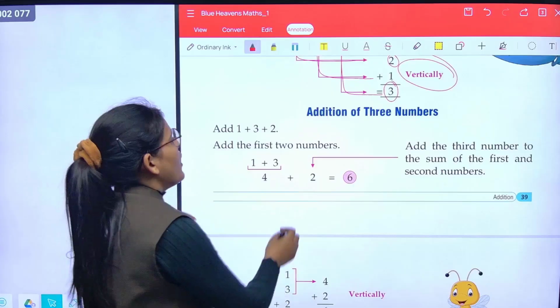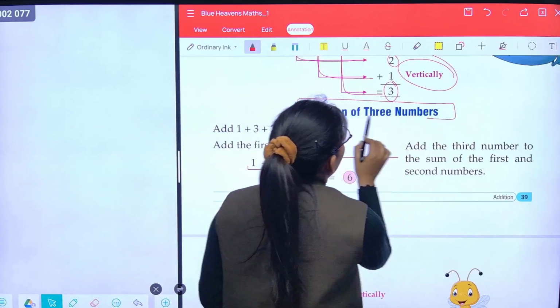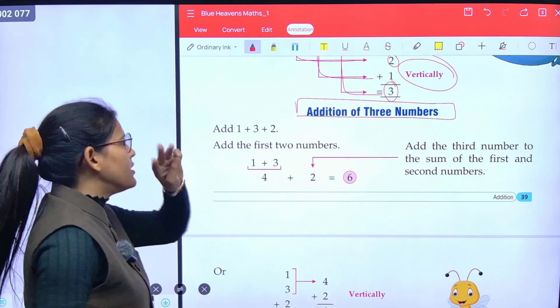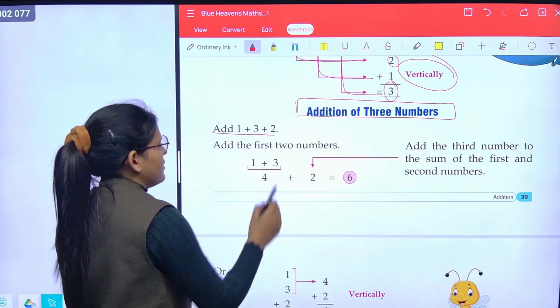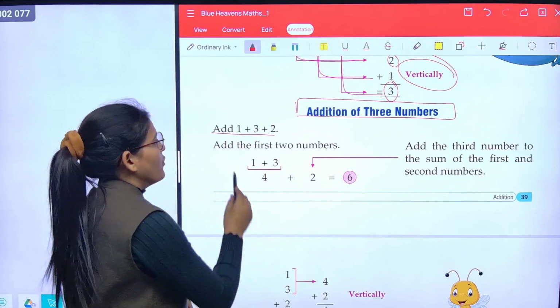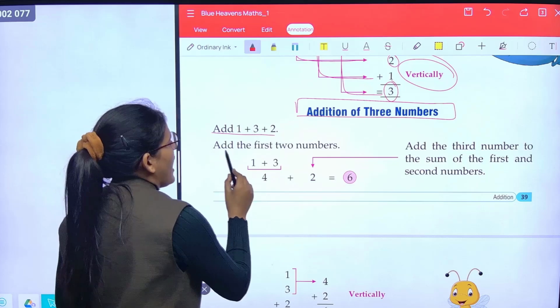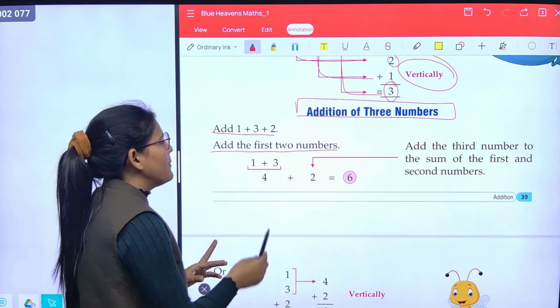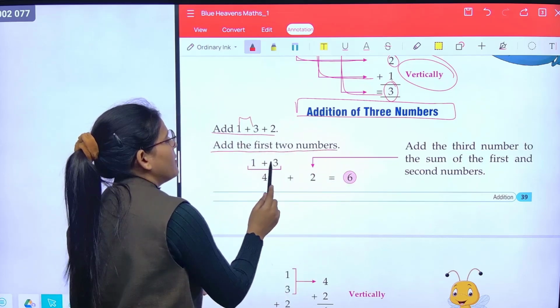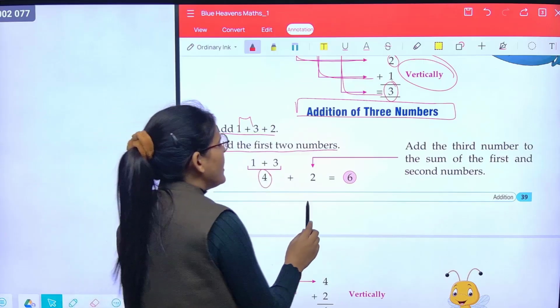Okay, now addition of 3 numbers. Now class, add 1, 3, 2. 1 plus 3 plus 2. Add the first 2 numbers. Class, first we will add the first 2 numbers. 1 plus 3 is 4, and then